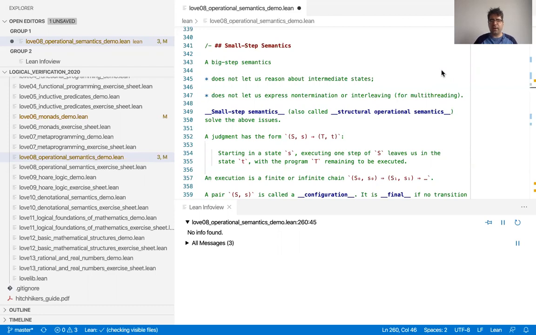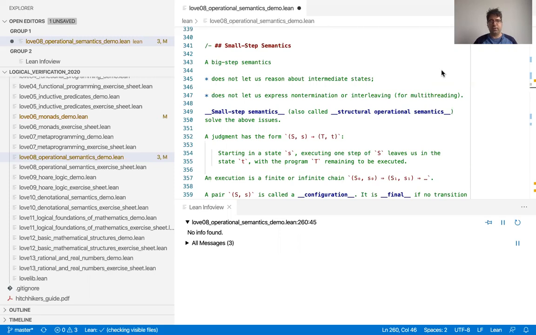So you could have a program that sometimes terminates and sometimes doesn't terminate, and you could still have the judgment that says yes, you can reach a final state. It doesn't mean the program terminates, unless again it's determinism and this is the only possible thing it could do. So with the small step semantics, we'll have the power to express these things in a more fine